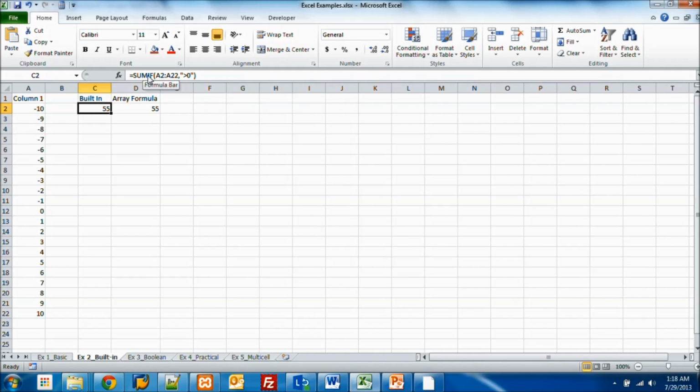Excel has some of these array formulas built into itself as default normal formulas, but there aren't very many of them. A good way to start thinking about what an array formula is, is by looking at one of these built-in Excel formulas, the SUMIF. The SUMIF formula will take a range and a condition and will sum all the values in that range that meet a specific condition. So if we're looking at this formula here, we're looking at cells A2 to A22, so